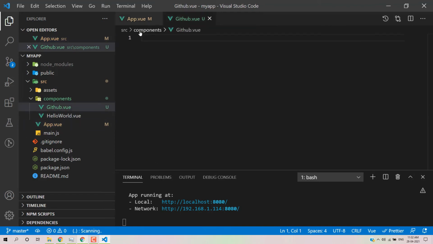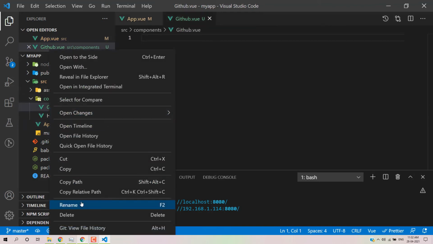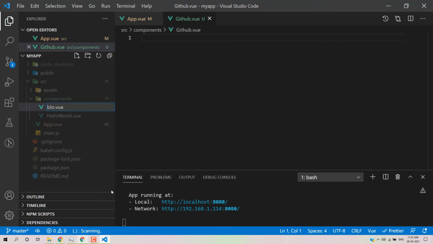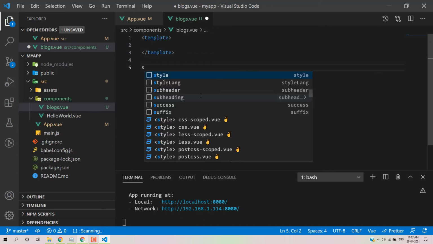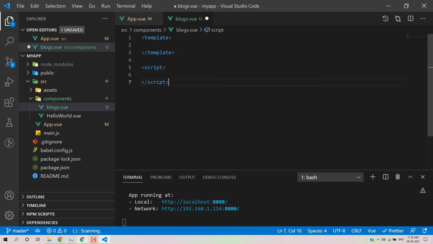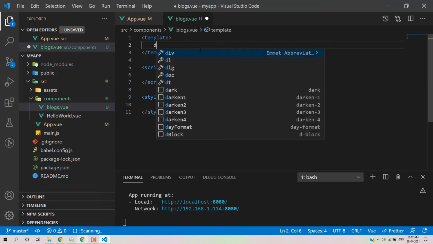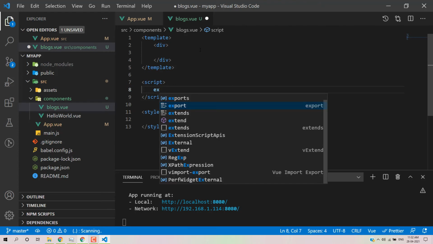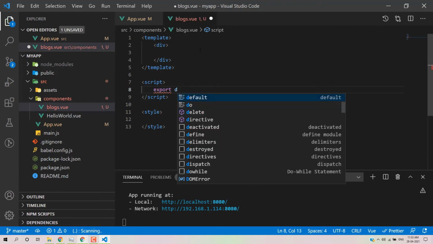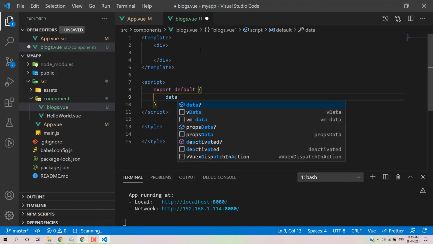Here we can print the data for the view block. So as I told you, each component has three things. First is template, second is script, so this one is script, and the third one is style. So we have a style. Okay, here we can define a div section. Here we can write a logic. And first we need to use, we create a Vue instance, so we'll have to use export default. Okay, having things like data. So this is a syntax you need to follow, and if you do some practice, it will be easy to understand this one part.